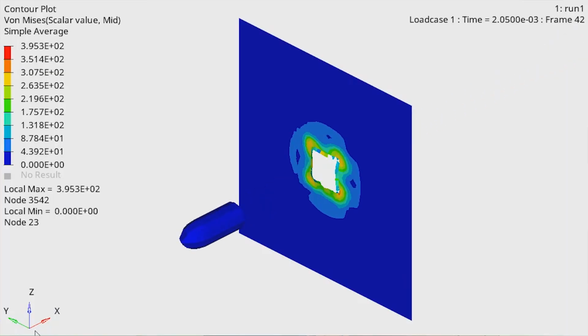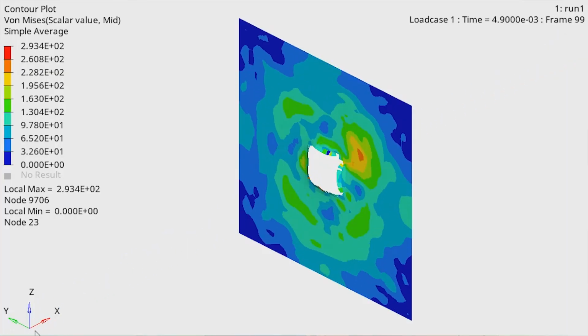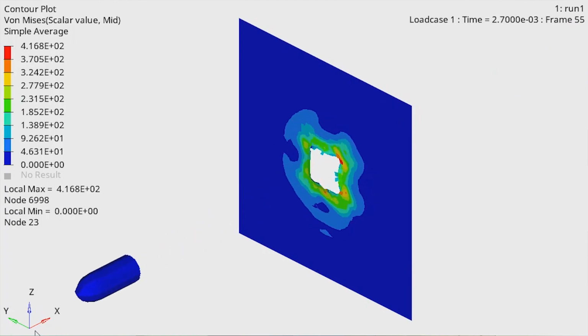We will be simulating a ballistic impact of a bullet traveling at 200 km per hour on an aluminium wall of thickness 3 mm. We will also specify material failure criteria so that we can observe the penetration of the bullet through the wall. This video is quite long and involves many steps, but have patience.